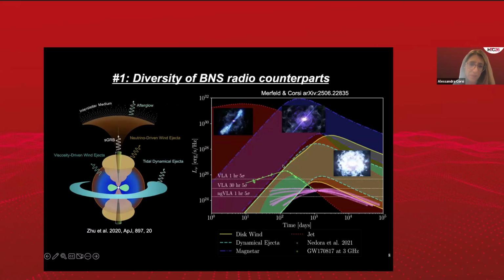Another component I can specifically point out is, for example, this disk wind component, which is not as fast as that jet, maybe 30% the speed of light. And so you see it peaking at later times and at lower radio luminosities. So the variety of ejecta speeds tells you that you can have orders of magnitude scatter in luminosity and orders of magnitude difference in peak time scale. So this is not going to be something easy, but it's something very promising from the perspective of wanting to understand the physics that goes around these mergers, and particularly that of the ejecta.